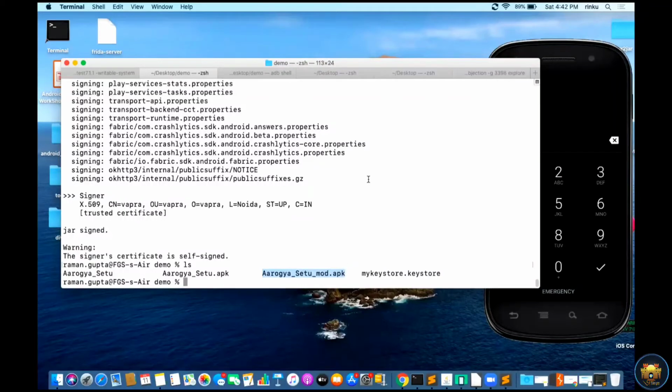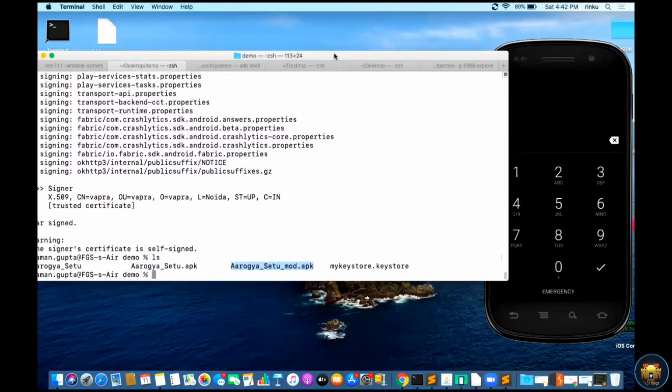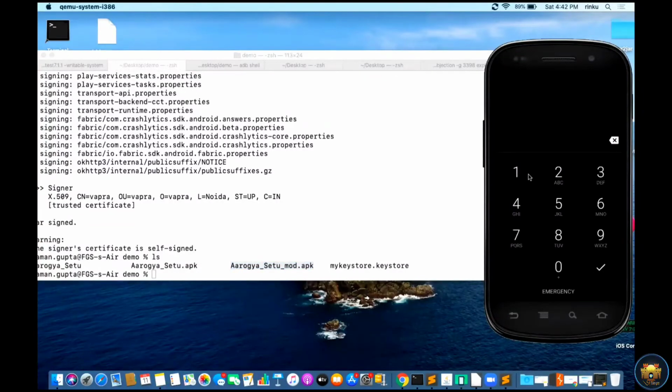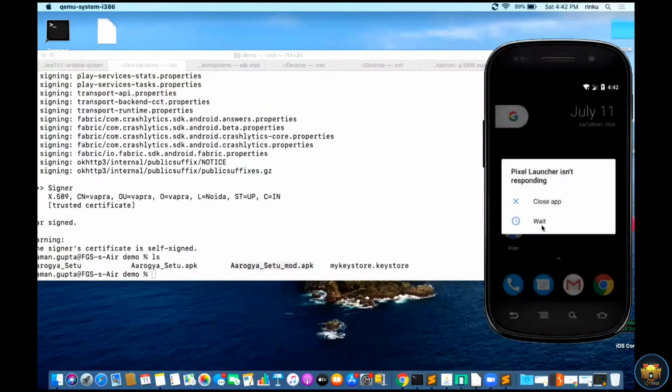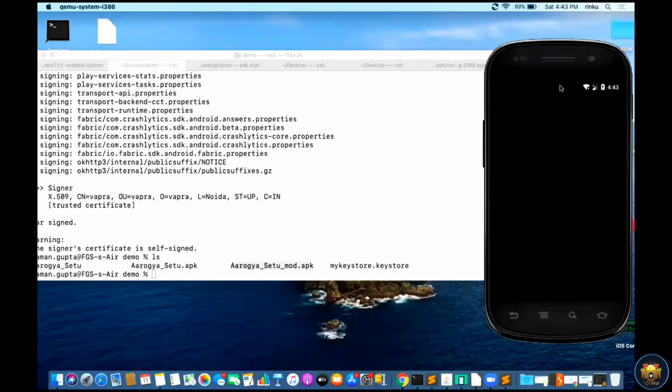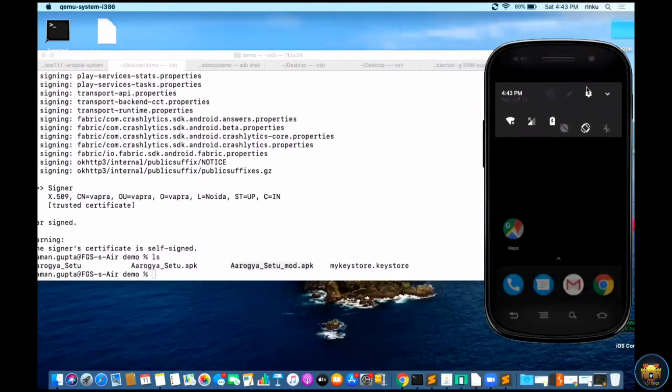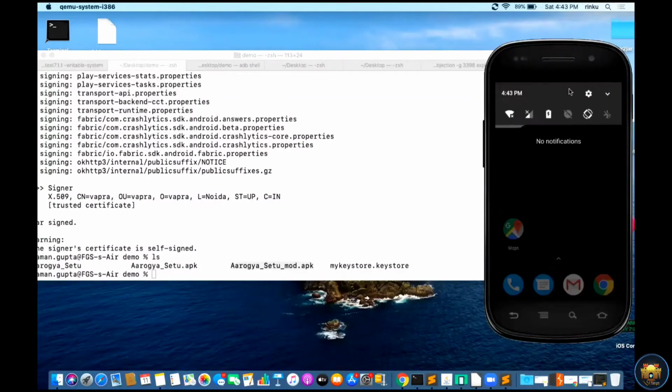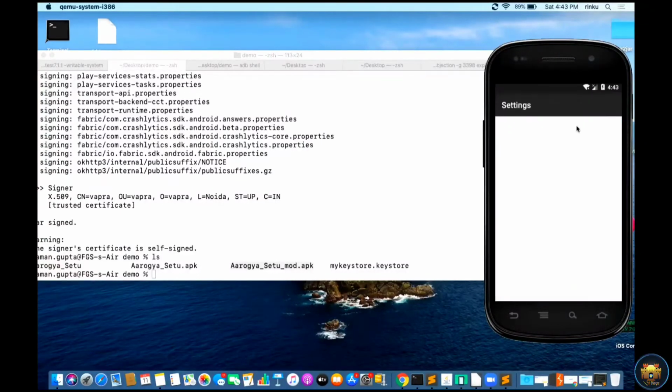Now I install this APK on my emulator. Before that, I have to uninstall the previous application.